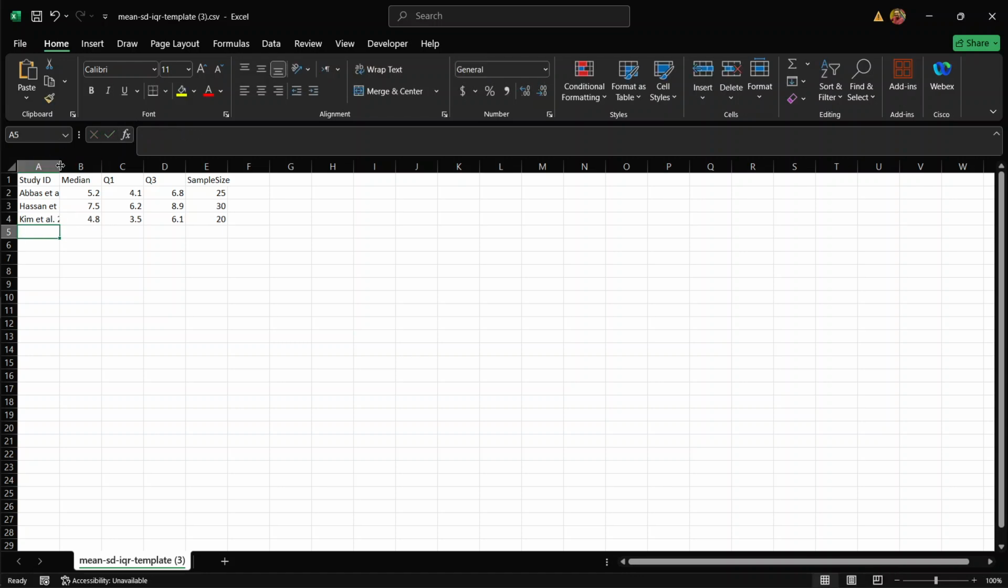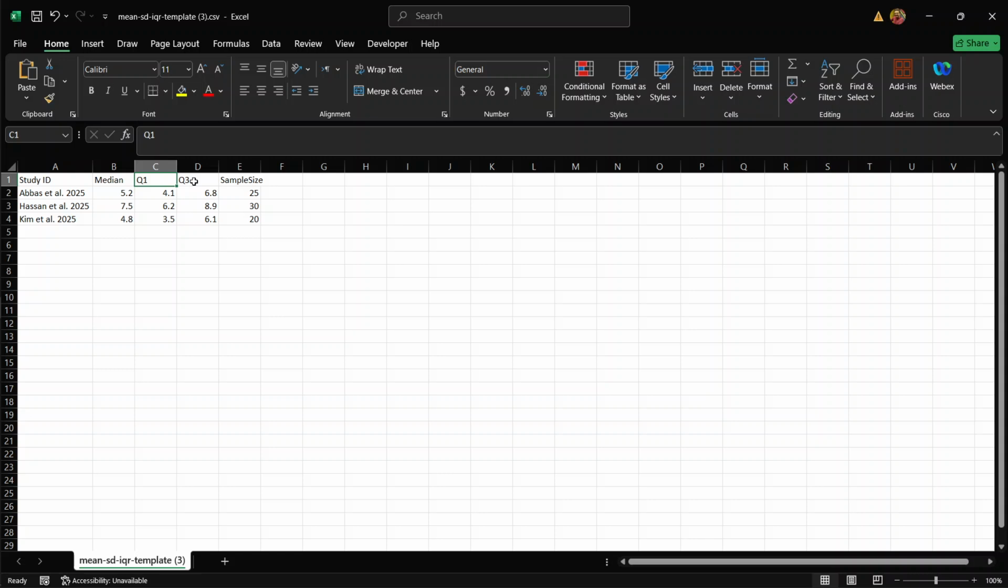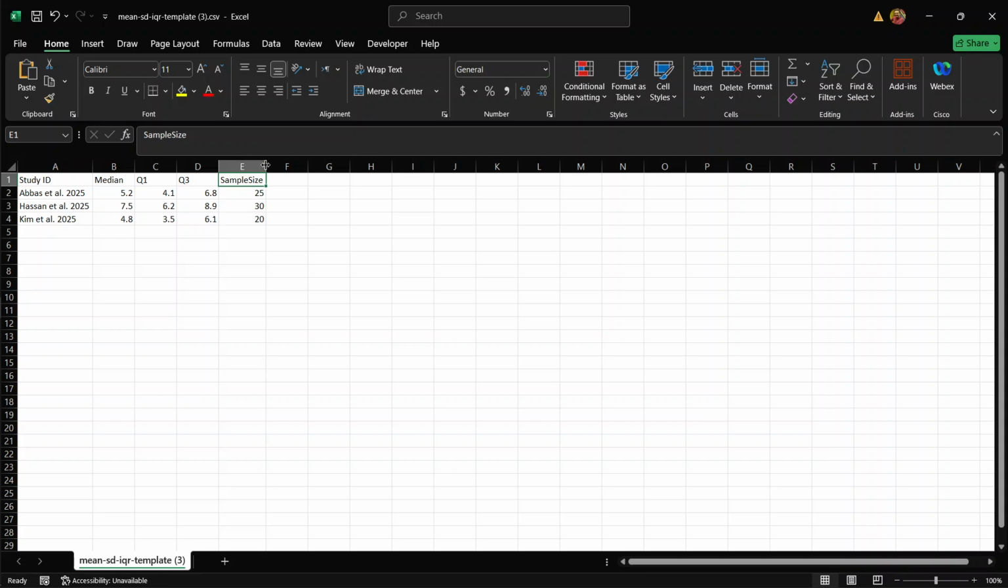So I have here the study ID, the median, Q1, Q3, and sample size. It's truly important to keep the headings of these columns the same as the template. Please don't change them, because we use these names to identify the columns. So you can change these numbers, but keep these names like they are. Okay, so I'm going to click Command S or Control S to save this data,